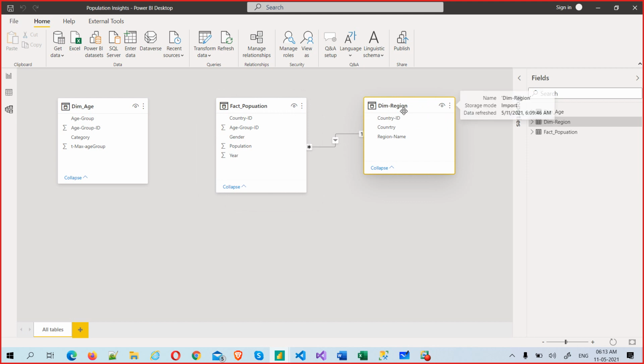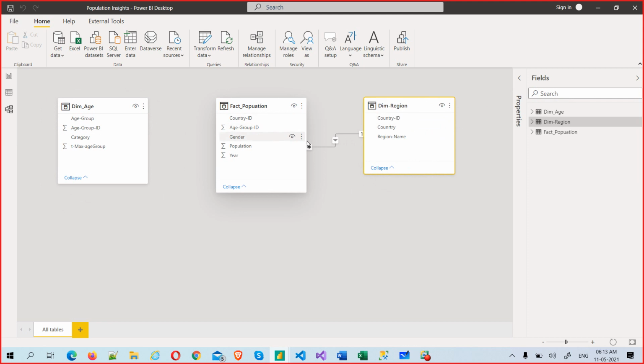We'll come to how the dimension will change. It will also change, but not as the fact is changing. Anyway, all these tables are actually derived from one table, which, as you all know, is the population combined. Even if this dimension table changes, this will also change. But what is the benefit we are getting?